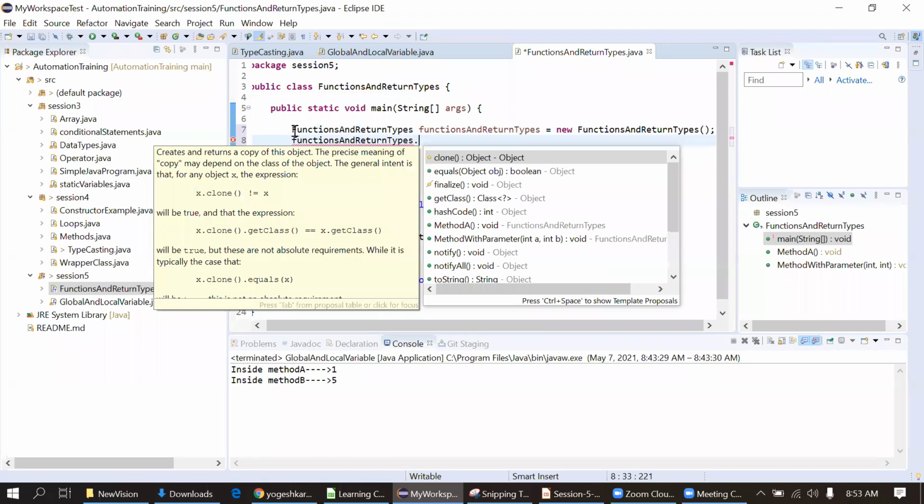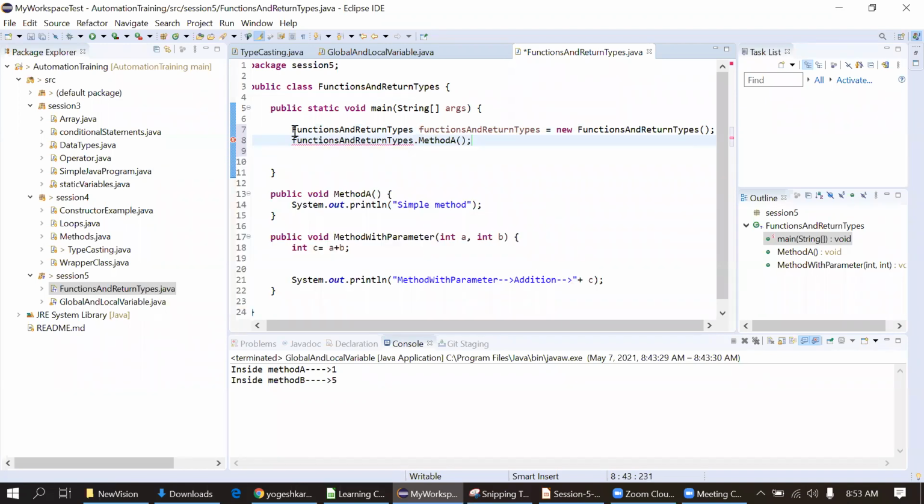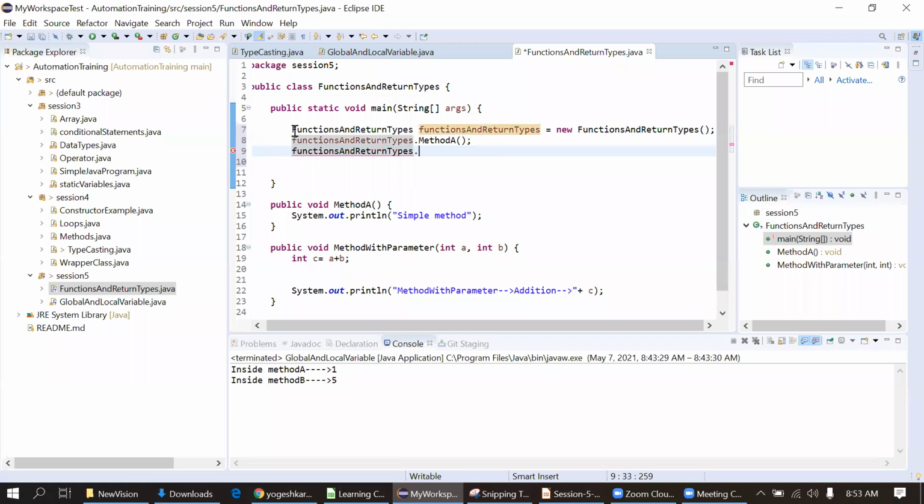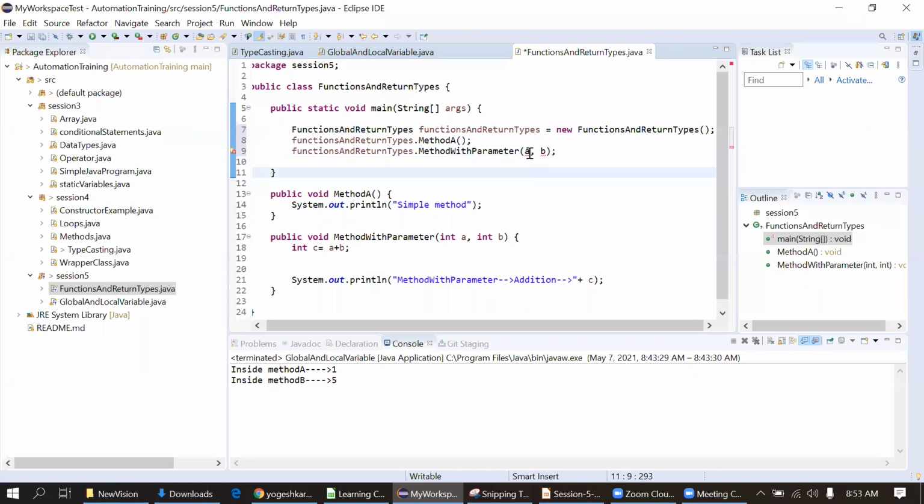Now I will call this method A first, and then the method with parameter. Here I have to pass something when we are calling the method. So I will just pass 1 and 5. Output should be 6.